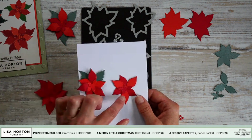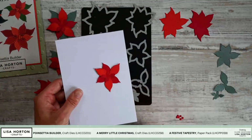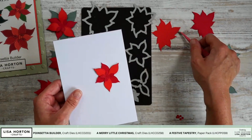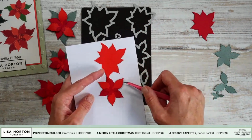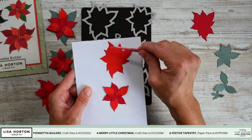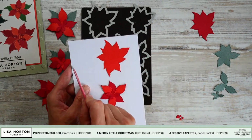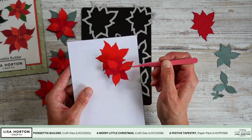But instead of going with foliage this time, we'll make this flower larger and add more red petals. So I'm going to pick up the lighter of the reds here. This is the largest of these die cuts on the smaller flower. Now you want to have this laid out on the widest part, which is this tip here and this tip here, you want that sitting towards the left, as it were, because that will then enable you